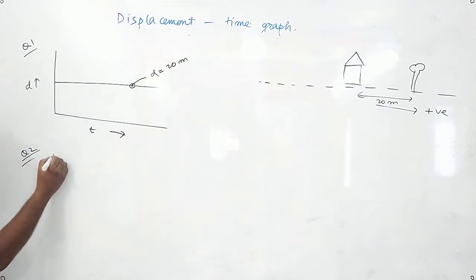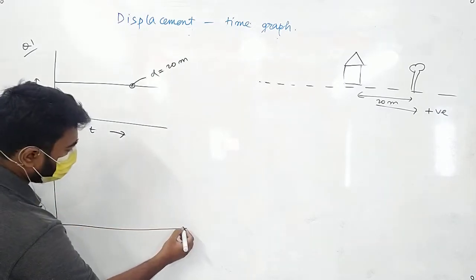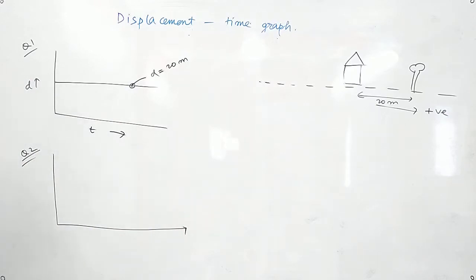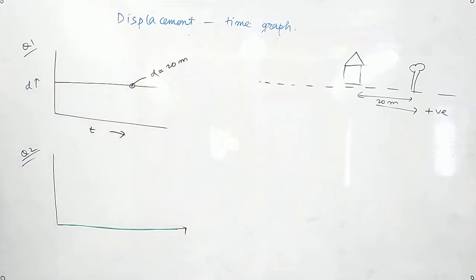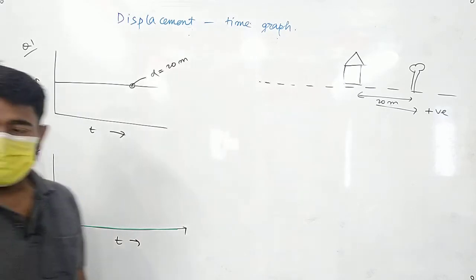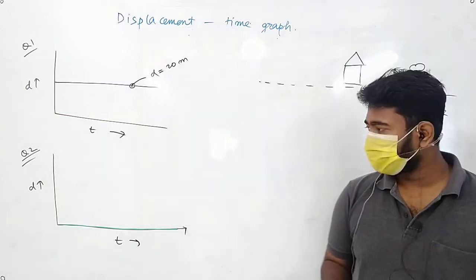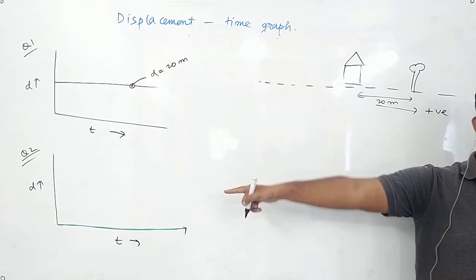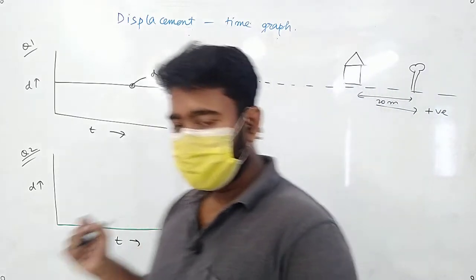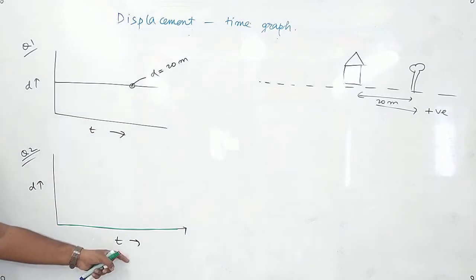suppose you have the time axis like this and the graph is like this. Suppose this is your time axis, this is the displacement graph. Those who are online, you can also tell me, suppose this is the time axis, that is the distance axis, the graph is towards the green side. All of you stop writing, the graph is towards the green side.